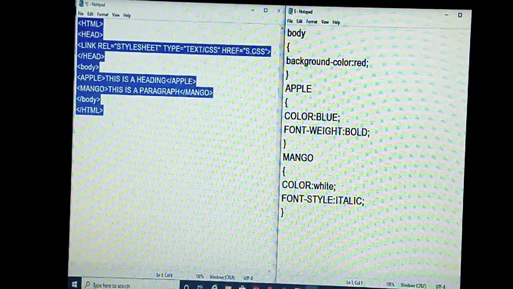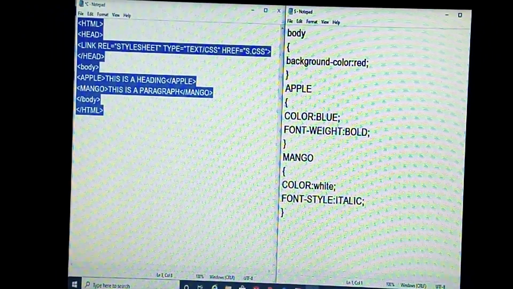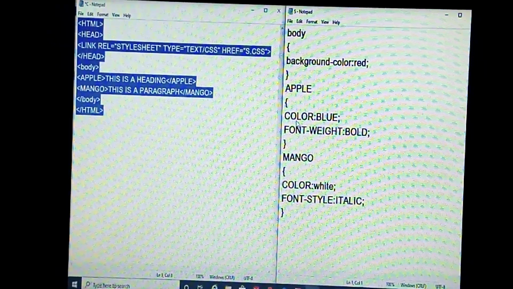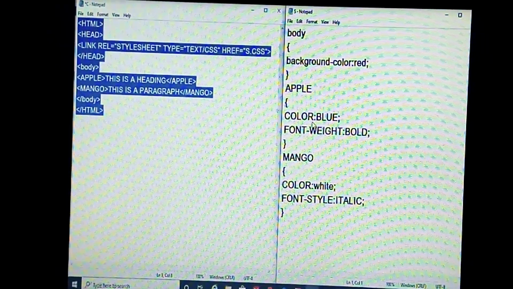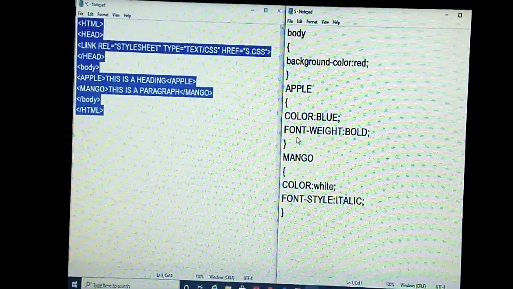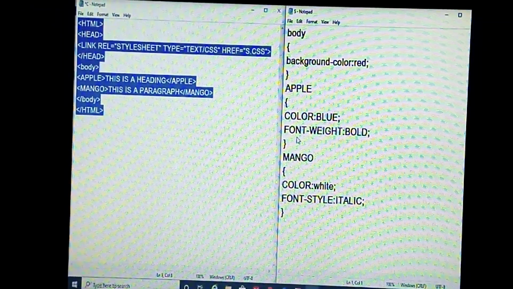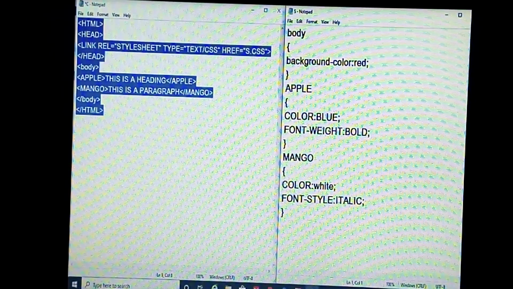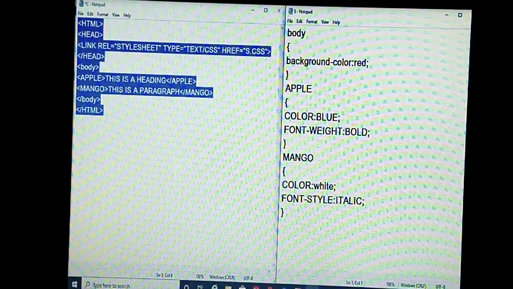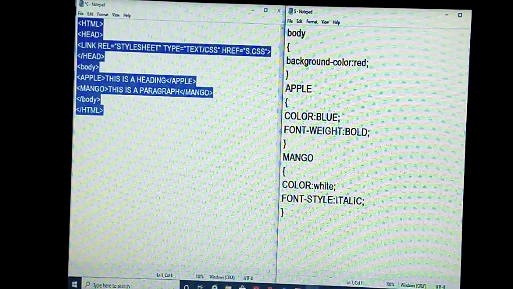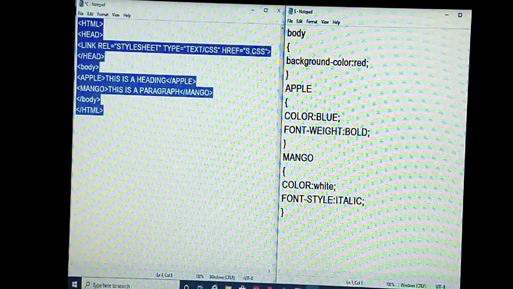So what I have written, color, only color. Background-color is used for creating the background color. Only color is used for changing the color of the text. Font-weight can be used for making it bold. I have written the value bold. If you go through the book, you will see a lot of values of the font-weight attribute have been given. Just go through that one.